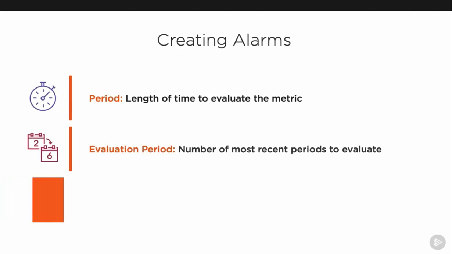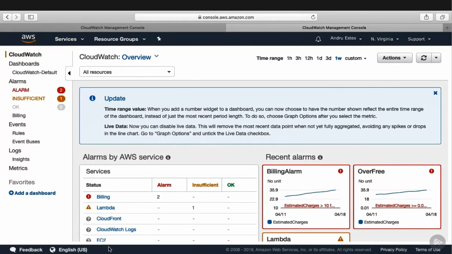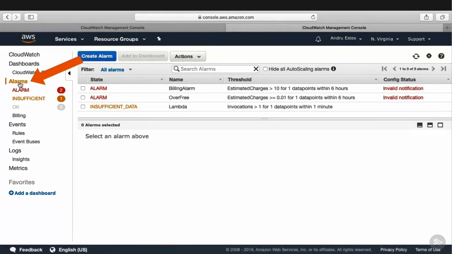And the last one we have here is our data points to alarm. Now, this is the number of data points within an evaluation period that must be breached to trigger your alarm. Now, you can see how all of these tie together, so let's go ahead and go to the console here, and we're actually going to load up this alarms section underneath the CloudWatch page. You can see we have 3 alarms already defined, but for this clip, let's go ahead and create a new